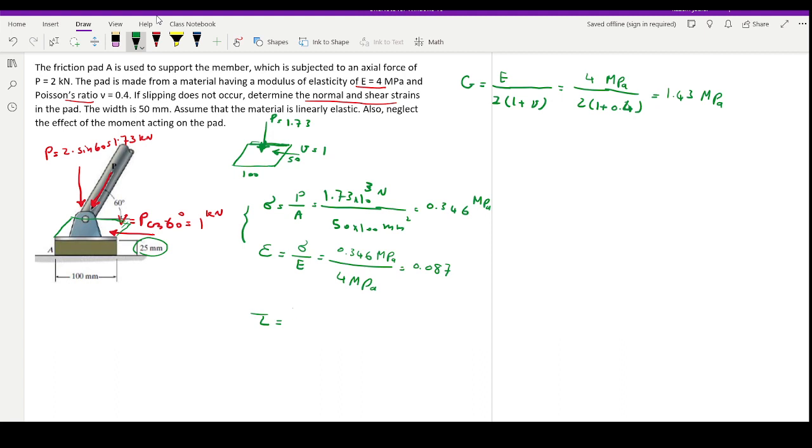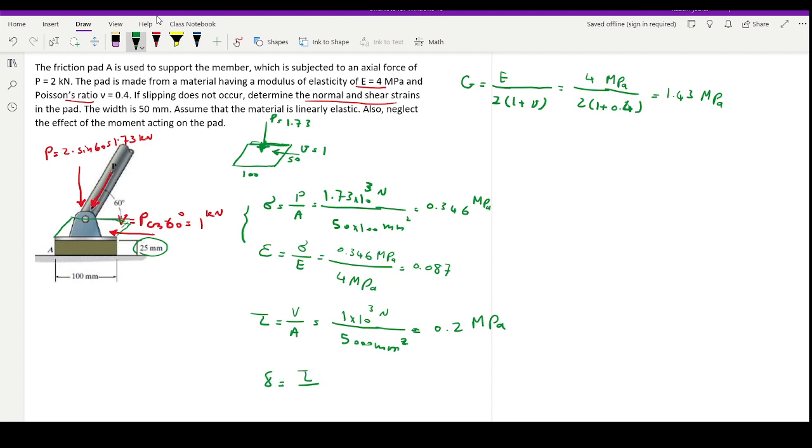So tau is V over area. V is 1 kilonewton, means 1 times 1000 Newton. Area, it's 5,000 because we calculated it above, and Newton over millimeter square is megapascal, and that's equal to 0.2 megapascal. And from there